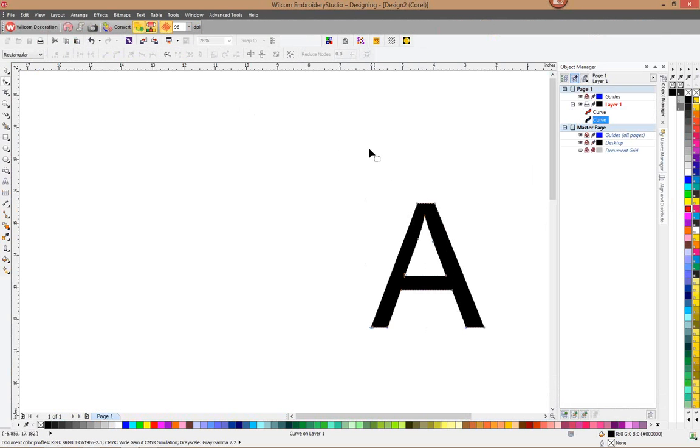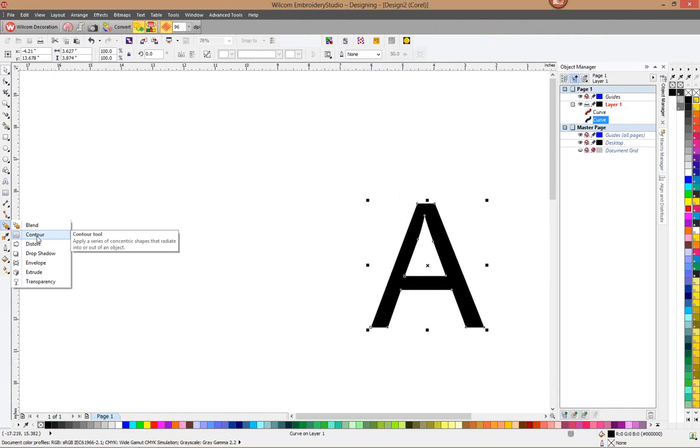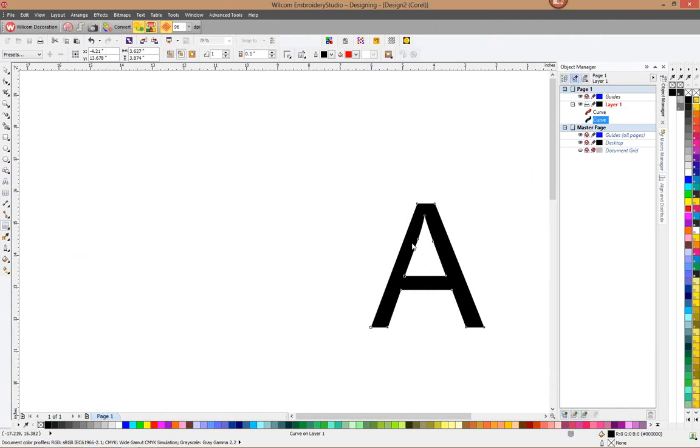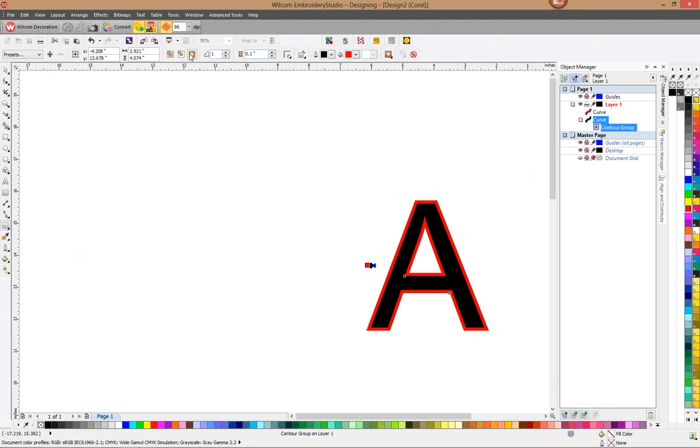So we have this letter A, and if you do any cutting, vinyl cutting or anything like that, you could create a contour through this design, through the inside or outside. You can create multiple steps, make it thicker or more. And this is very similar to how the applique is created, but I'm going to do this for vinyl,